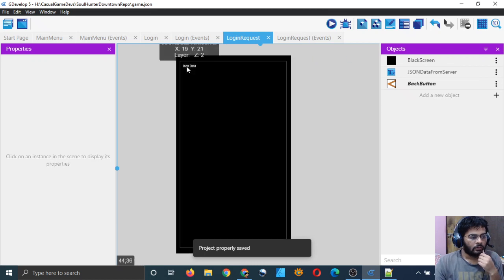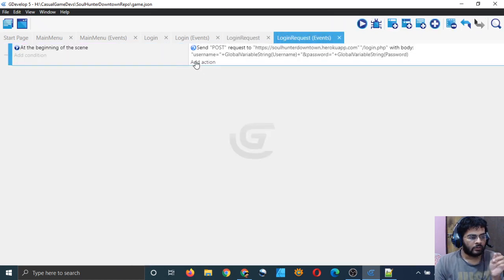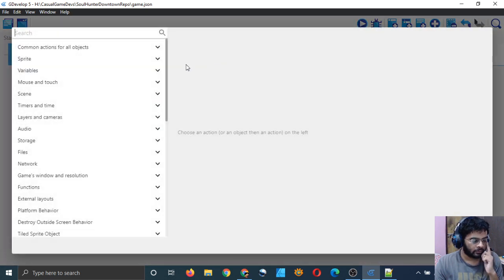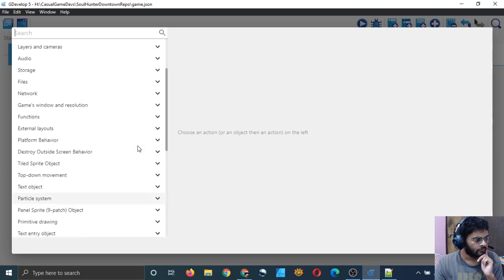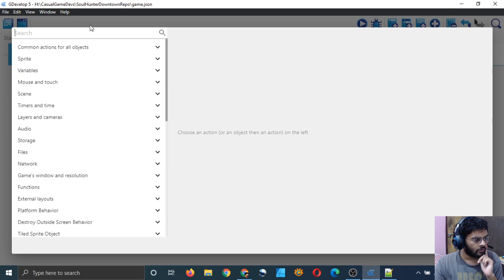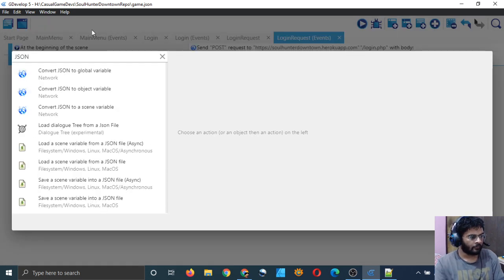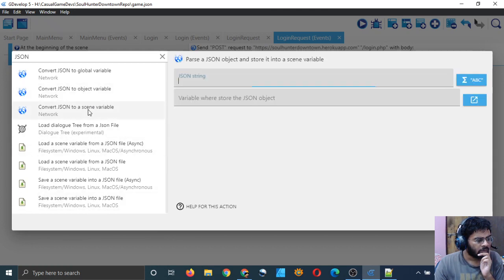When this statement has run, I will add another action. Let me type JSON: convert JSON to a scene variable.